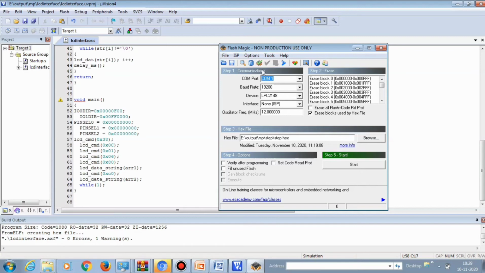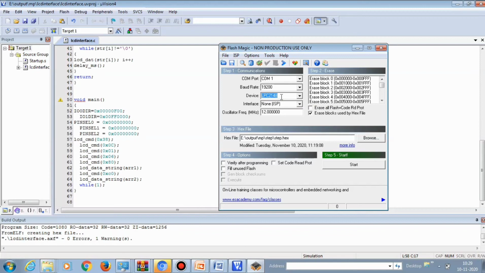We have to see in which port we have connected the system UART to the COM port or UART available in the kit. If it is 1, you have to set it as COM 1, and the baud rate is always 19,200, and the device where we have to download the program is LPC2148, and the interface is non-ISP.